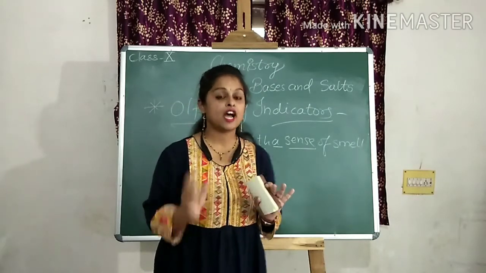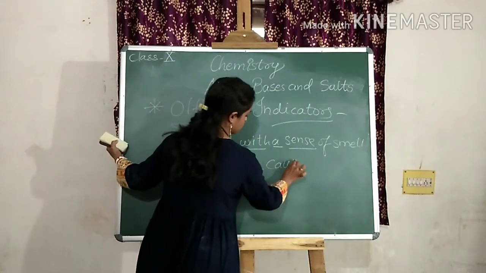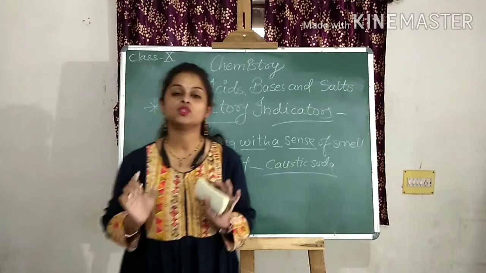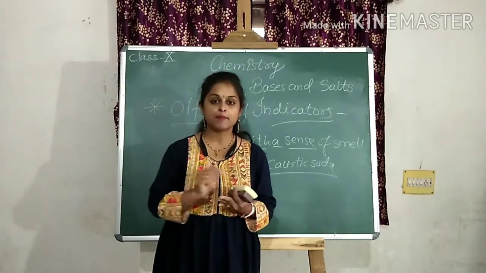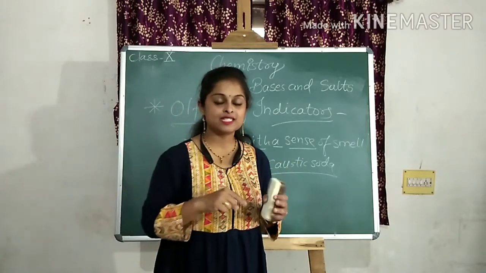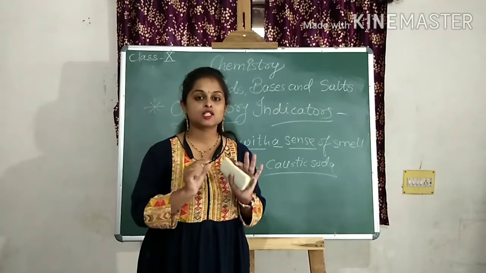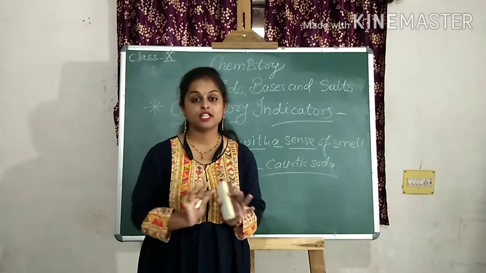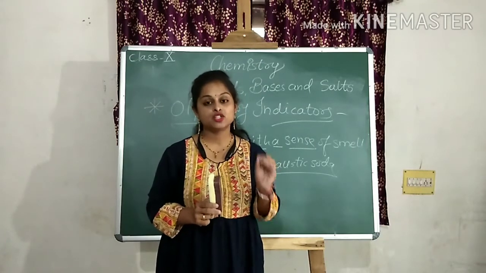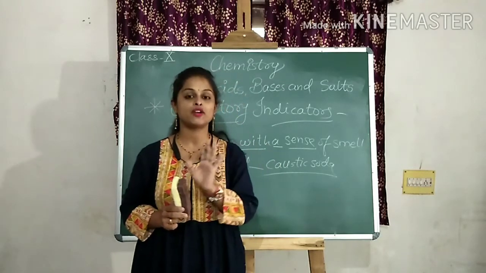Sodium hydroxide, I told you, that is NaOH. It means caustic soda. Okay? You can use laundry soap. Use it, apply it, you will feel that the smell is removed. But instead of sodium hydroxide, if you apply hydrochloric acid, HCl, the smell remains as it is. It never destroys the characteristic smell of onion. Sodium hydroxide destroys the characteristic smell, but hydrochloric acid never. Hydrochloric acid is an acid and sodium hydroxide is a base.